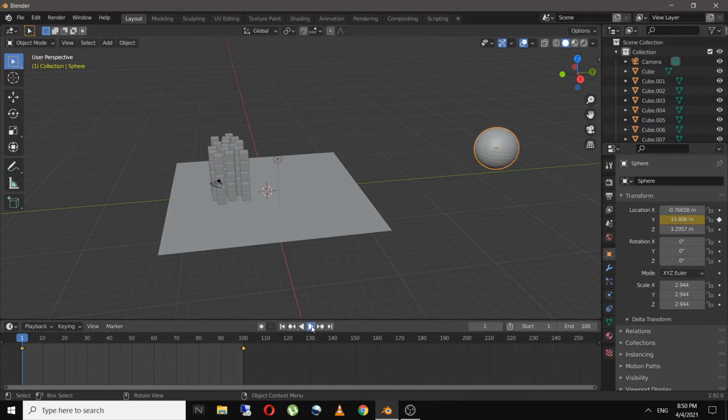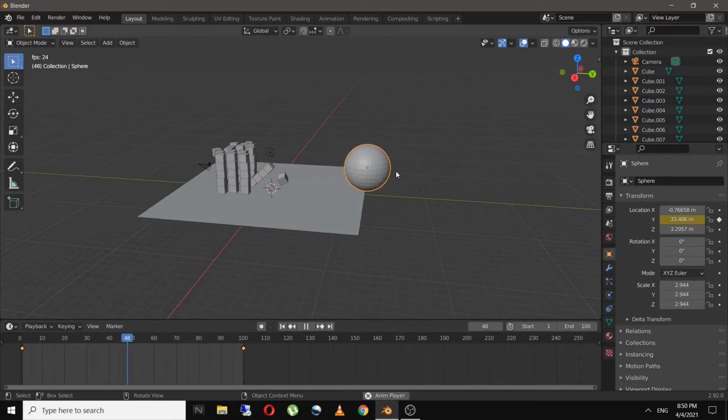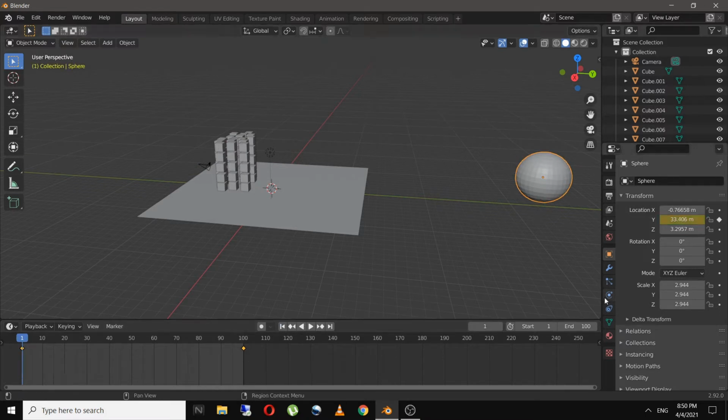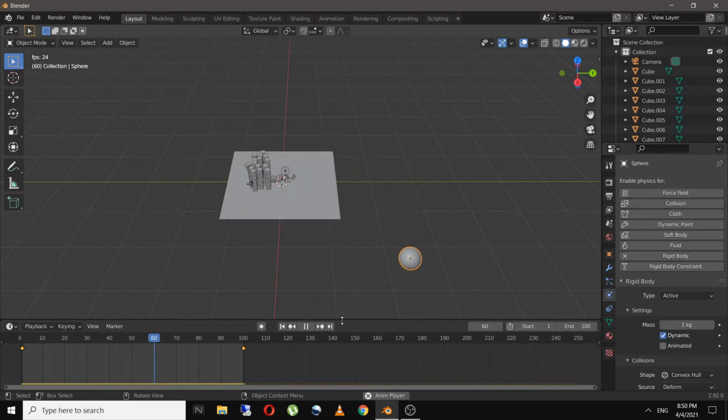And now if we play on the animation, you can see nothing will happen. That's because we haven't applied the physics on the UV sphere yet. So let's do that. I'll go to the physics and click on rigid body, and I will select the type as active. And if we play now, you can see due to gravity and mass the sphere is falling down.